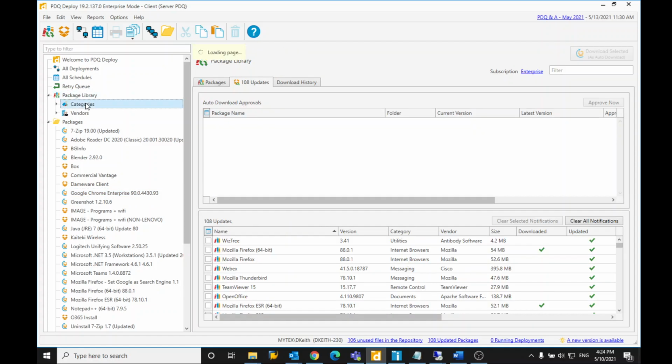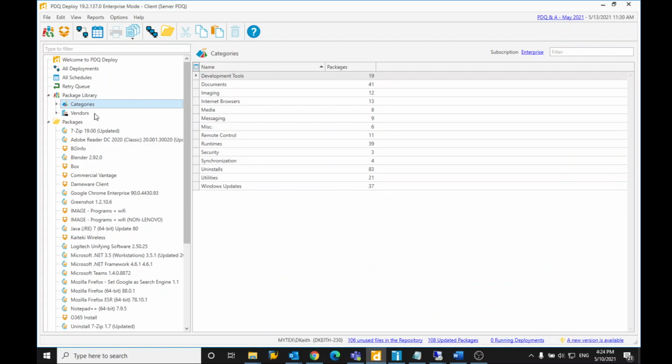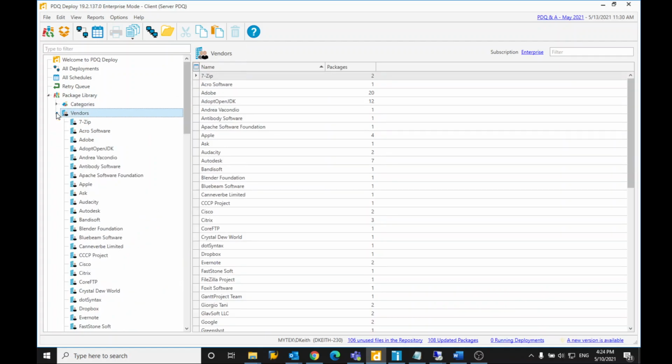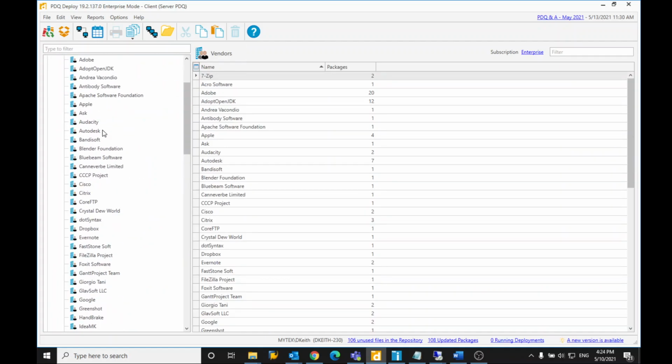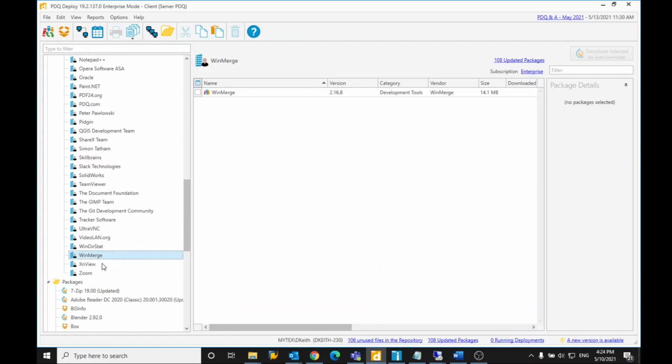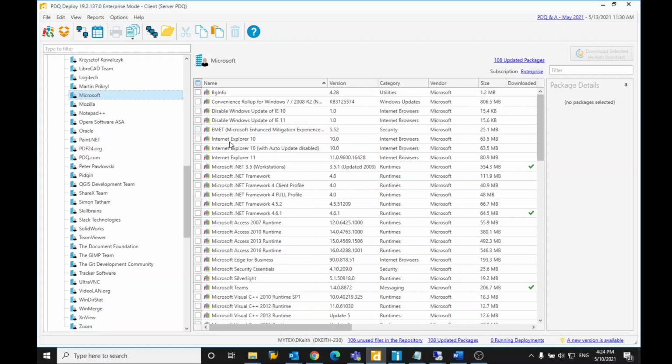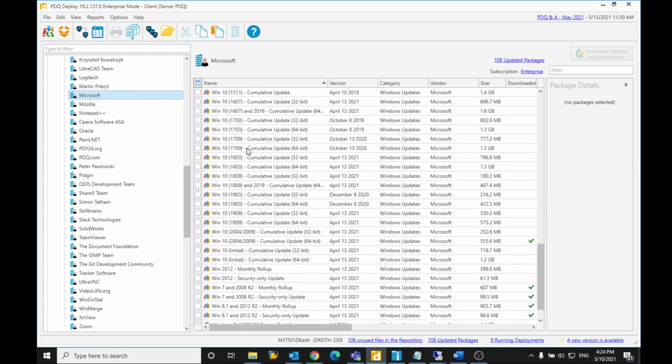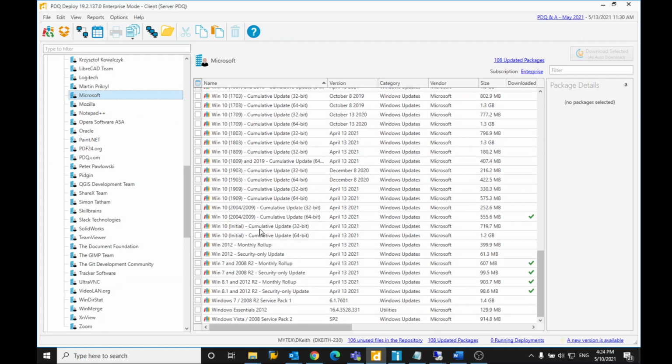So PDQ has a massive library of apps. Here we go. So these are all the different vendors of apps that you can download apps for. Some of them are single, but some of them are pretty big. Let's see, is there Microsoft here? Microsoft just has a slew of apps that you can download from PDQ, and whenever they release an update for one of these apps, you can have it so after a week